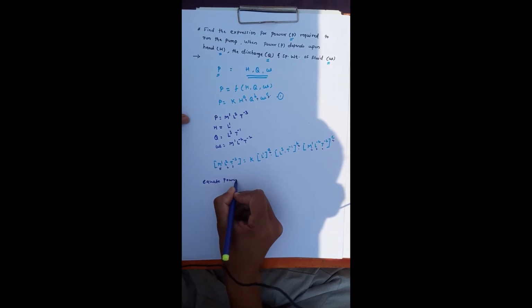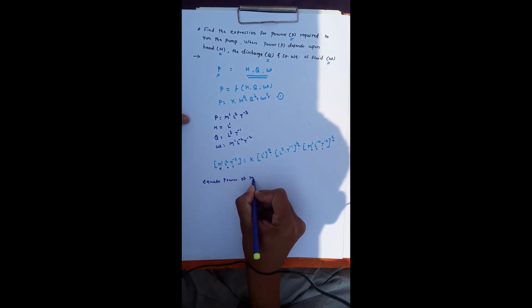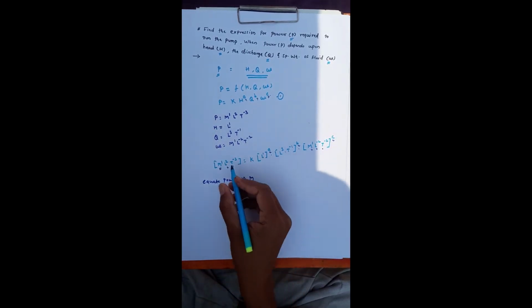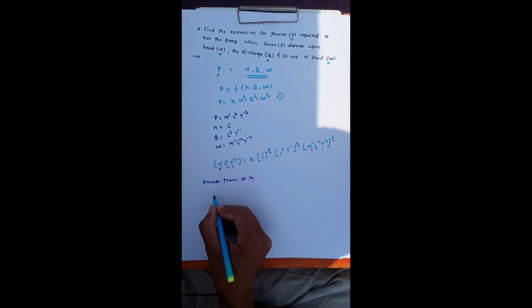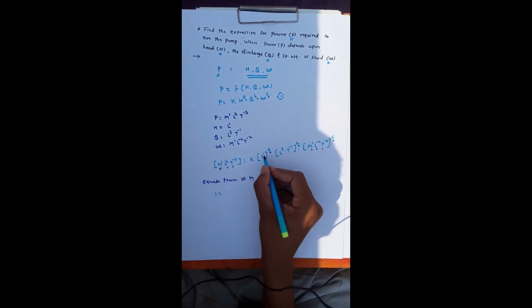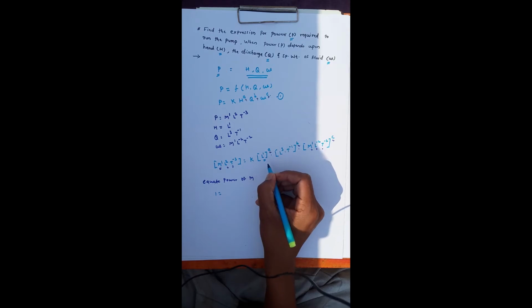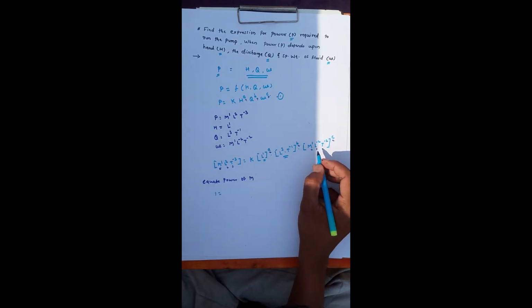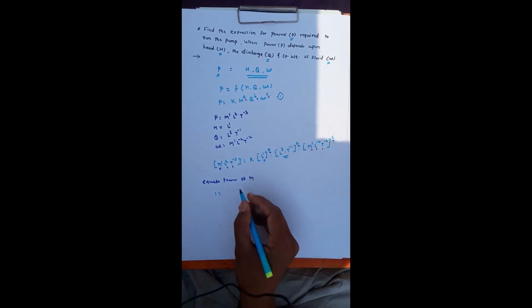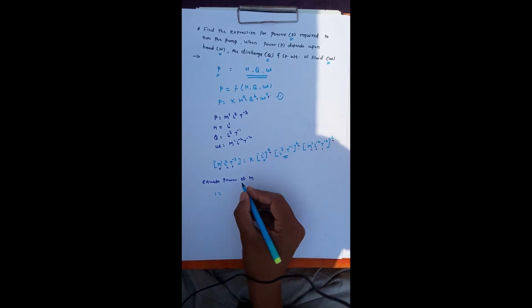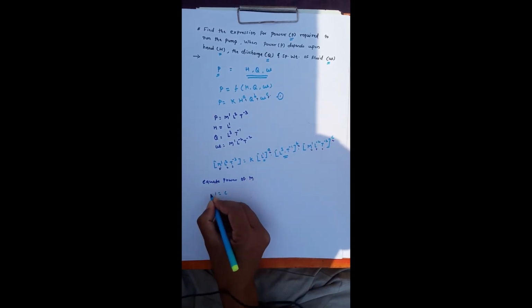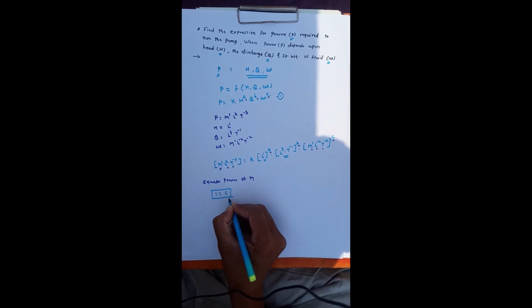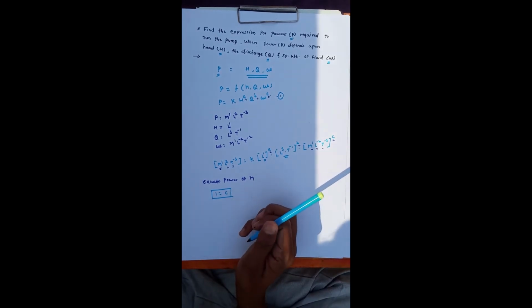the power of M from both sides. Here the power of M on the left hand side is equal to 1. Is the M term there in the first term? No. In the second term, also, the M term is not there. Here the M term is there, M raised to 1 raised to C, that means here I will directly get the value of C. C is equal to 1.